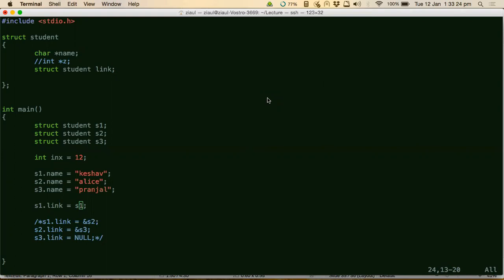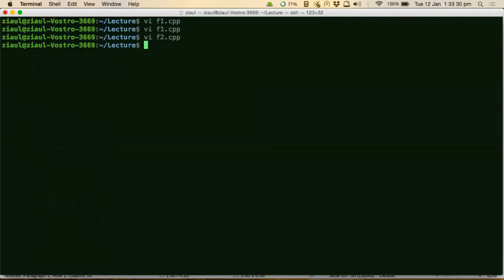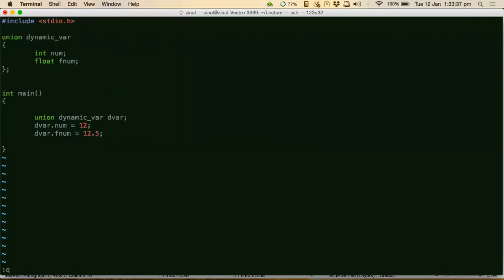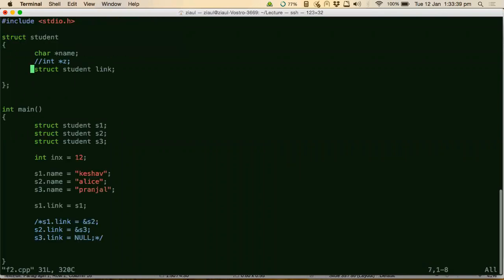Good. So what he is asking is, if I declare a student within a student, right? Haven't we done this already in the nested structure that we did? See, when you declare a student inside a student, let us see if it works first. It might work, but might not.